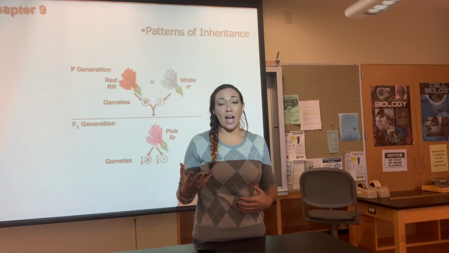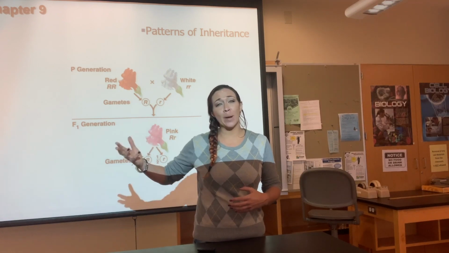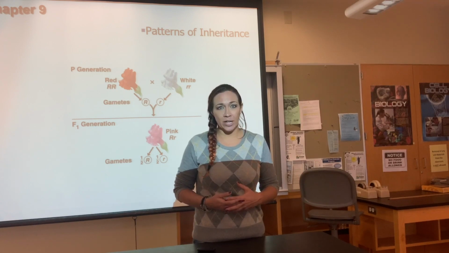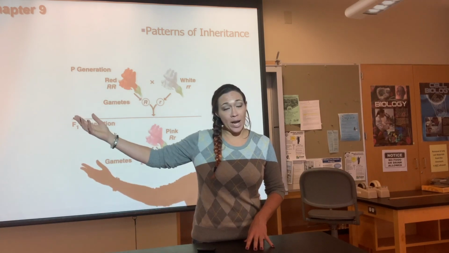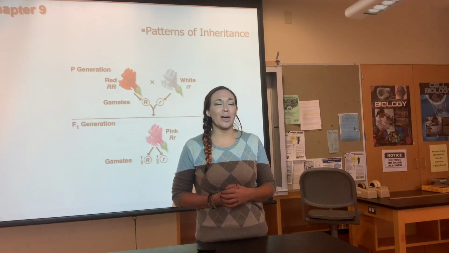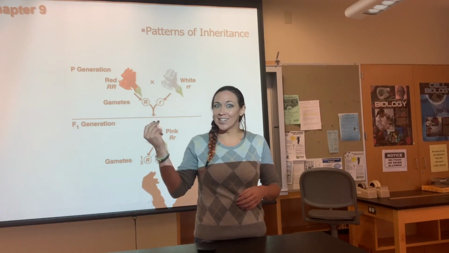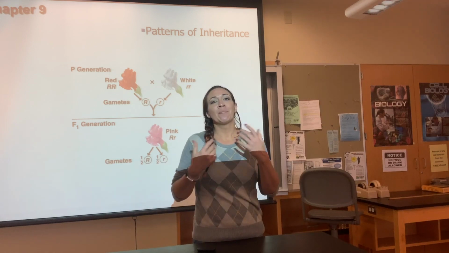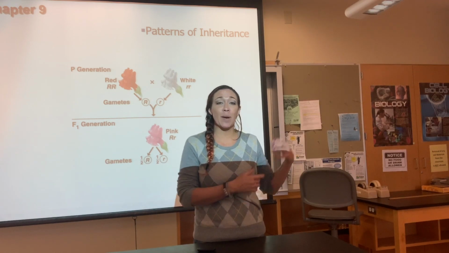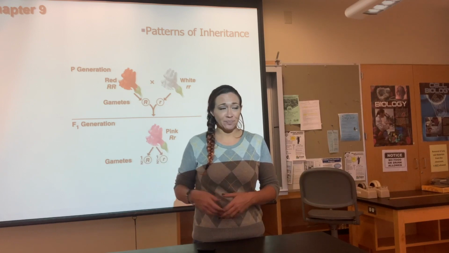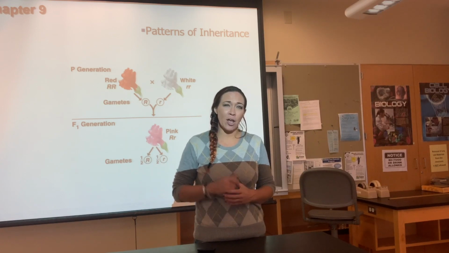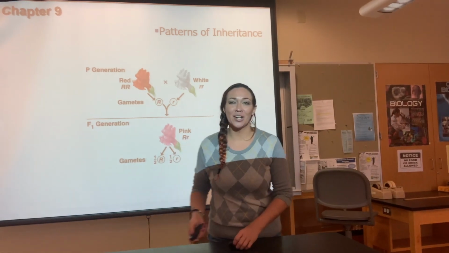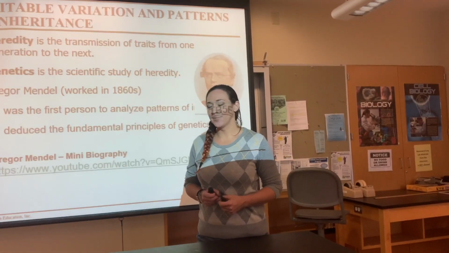The traits that you have are actually traits that your parents had and their parents had, which were passed down. Those traits are known as inherited traits because you inherited them from your parents. Usually when people think of the word inheritance, they think of money, but really inheritance means passing down from one generation to the other, and that's what you're getting. You're getting the genes that were passed down from your parent to you. So that's what we're going to be focusing on today, why you are the way that you are, at least physically. So let's get started with Mendelian genetics.